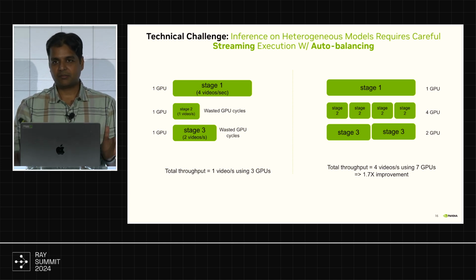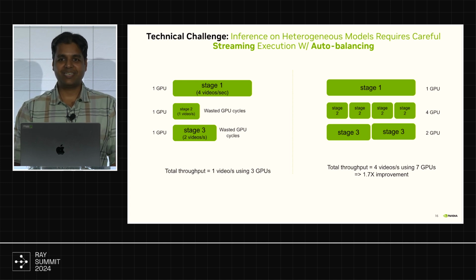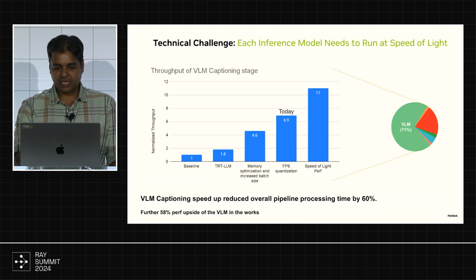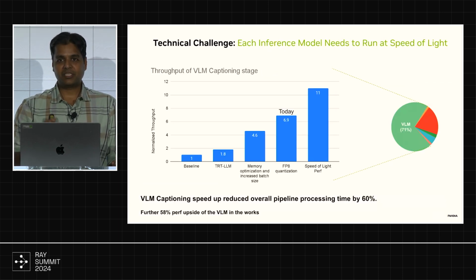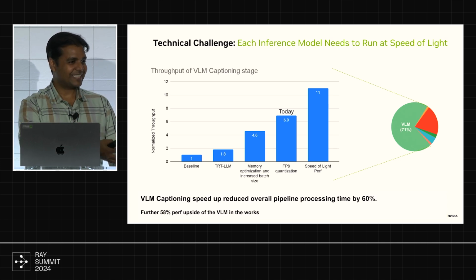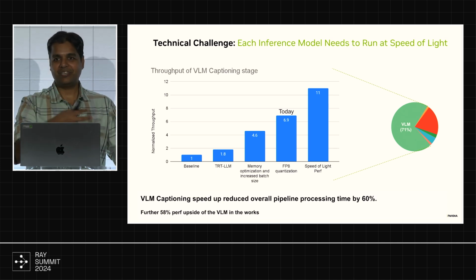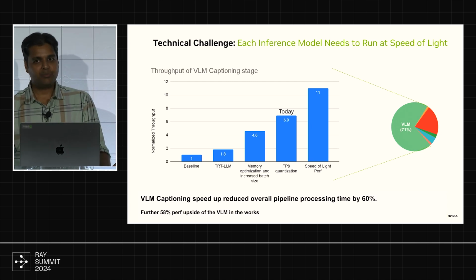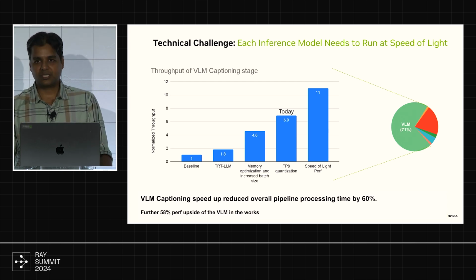But if the problem is not this huge, then you can use some of the Ray data auto scaling features, but we had this huge imbalance. Just to give you an example, if the VLM is 70% of the pipeline, then everyone is waiting on the VLM. Everyone else just has GPU utilization of 5%, while the VLM is using the GPU. And for some of these things, multi-GPU doesn't help, because the model fits in a single GPU. We did try those techniques as well.